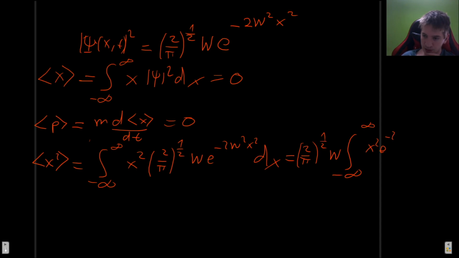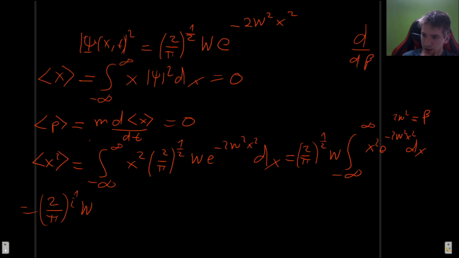The integral from minus infinity to infinity of x squared e to the minus 2w squared x squared dx. Okay, this integral we have seen, but I'm going to do it anyway the long way. I have previously just stated the result, but because this was quite a few videos ago, I'm going to do it again in case anyone forgot or didn't see it. So the way to solve this: the constant, we are going to call 2w squared, let's just call it beta. And if we were to differentiate